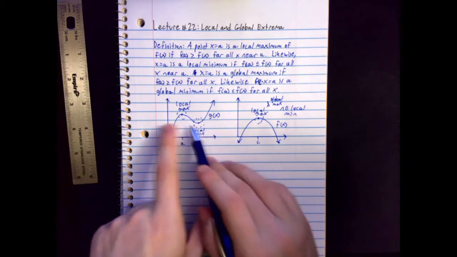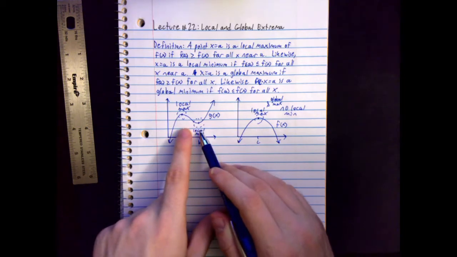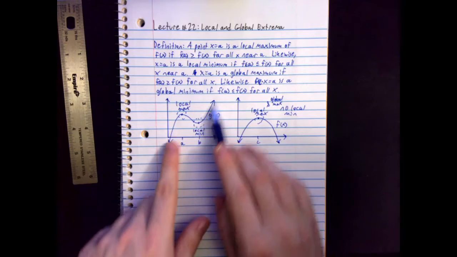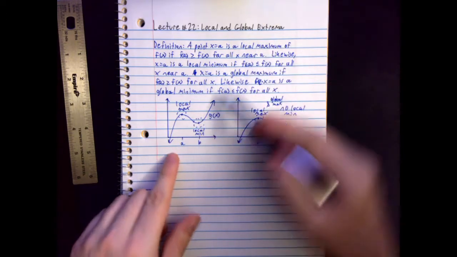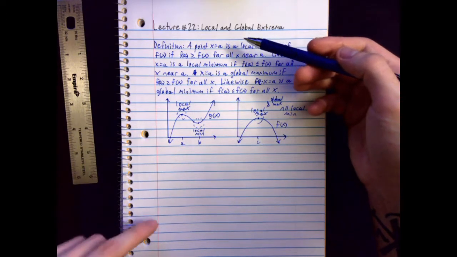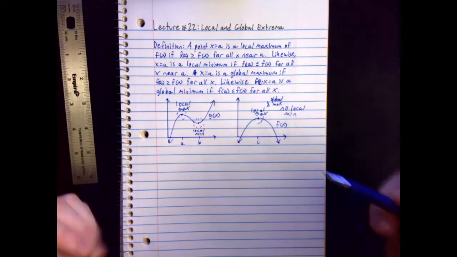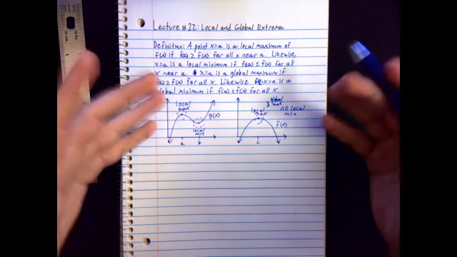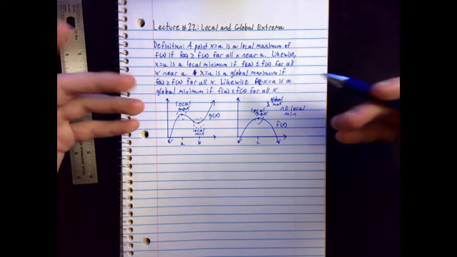Over here for g of x, we have a local max and a local min, but we do not have a global max or a global minimum, okay? Because these are just going to continue off, and there's no absolute largest or absolute smallest value that g of x attains. So the definition up here is somewhat technical, and I include it because I want us to understand it,